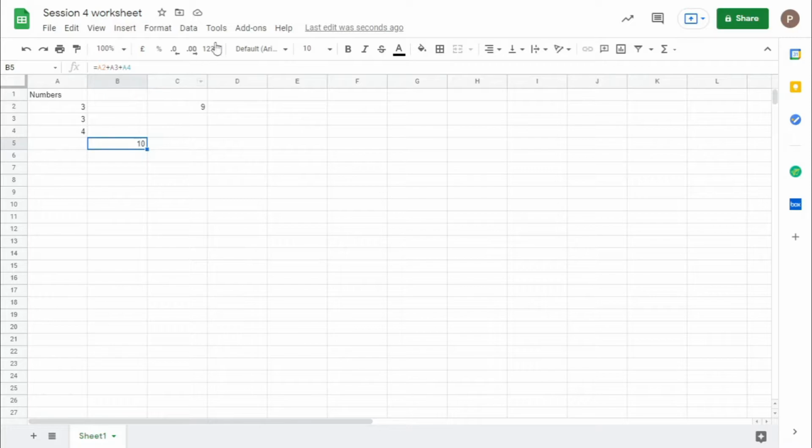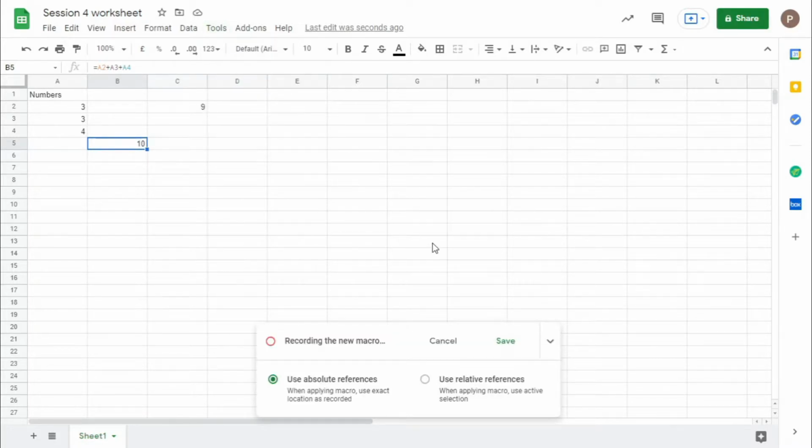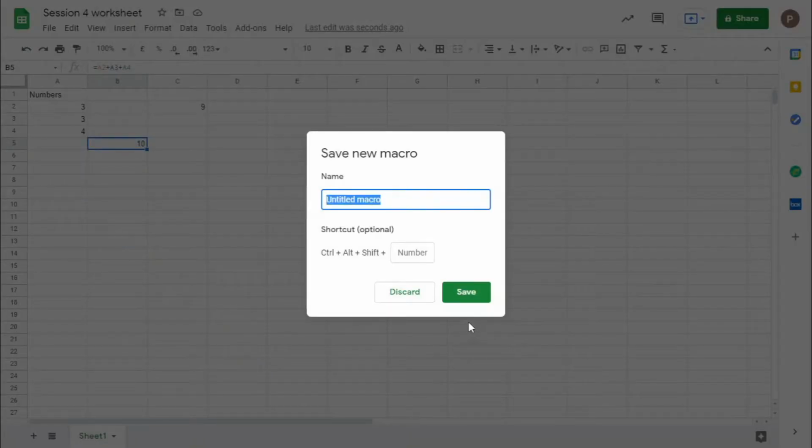So, using tools, if you record a macro, if you use relative references, click relative references, and let's say you type all these numbers, make an operation and click save. Enter a name for the macro, let's say sum, and whatever you want.